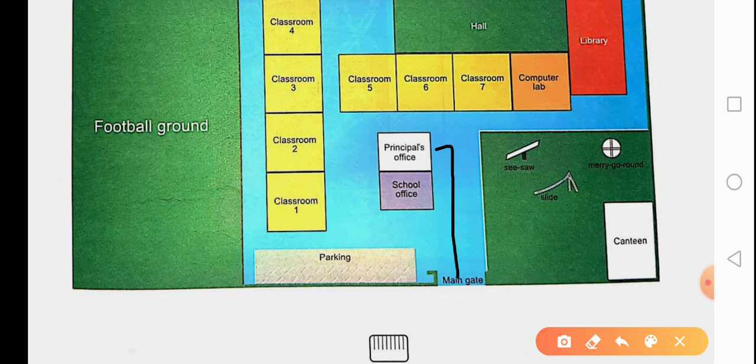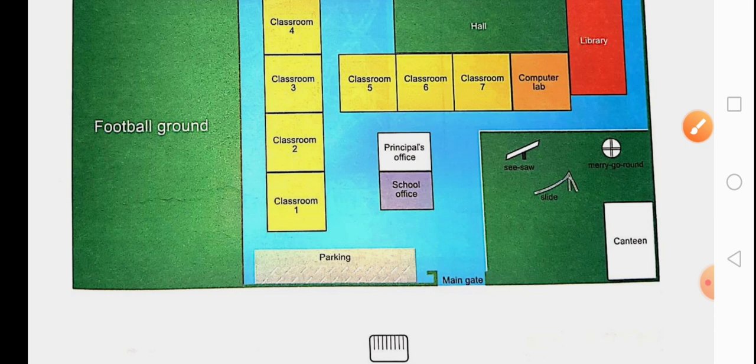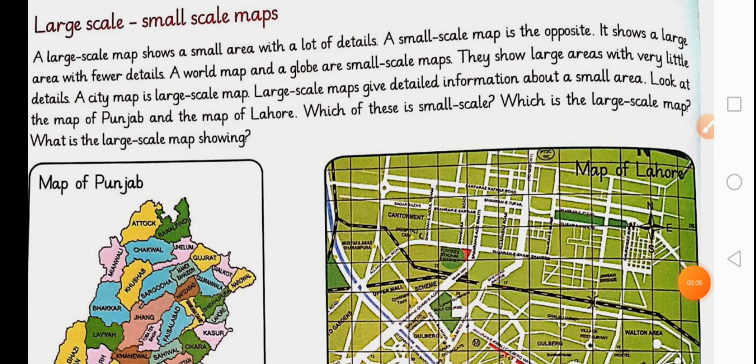Scales tell us about the distance between things in real life, because whenever we are making a map, it is not possible to draw the same amount of distance on a small piece of paper. That is why we have this ratio 1:10, which means 10 meters in real life is equal to 1 centimeter on our map.